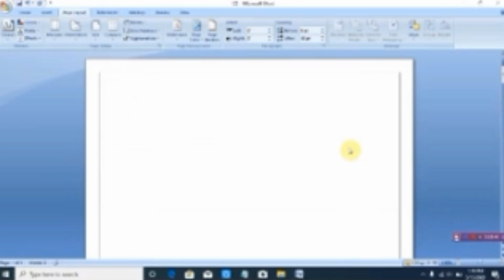Now the next is newsletter column. Okay, so what it is: when you type a document in Microsoft Word, the letter flows in a single column between the left and the right margin. Suppose when you are writing something in the document, whatever you are typing will flow in a single